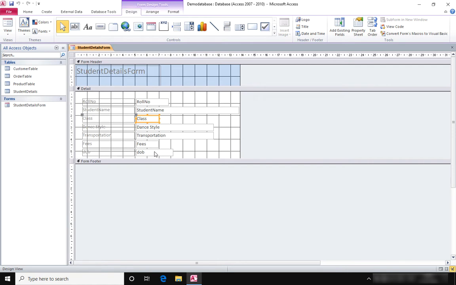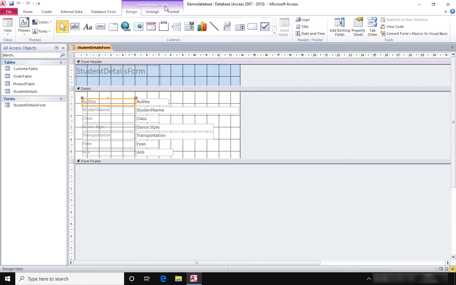Now let's do a little bit of formatting here. I want to resize these controls. So if I want to do something with one control, I will click on it to select it, and the selected control shows a border around it. We can go to the Format tab from the Form Design Tools section.